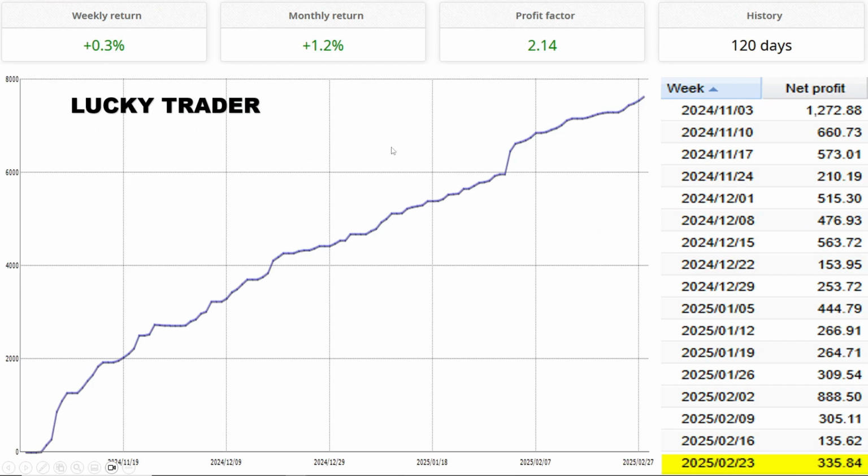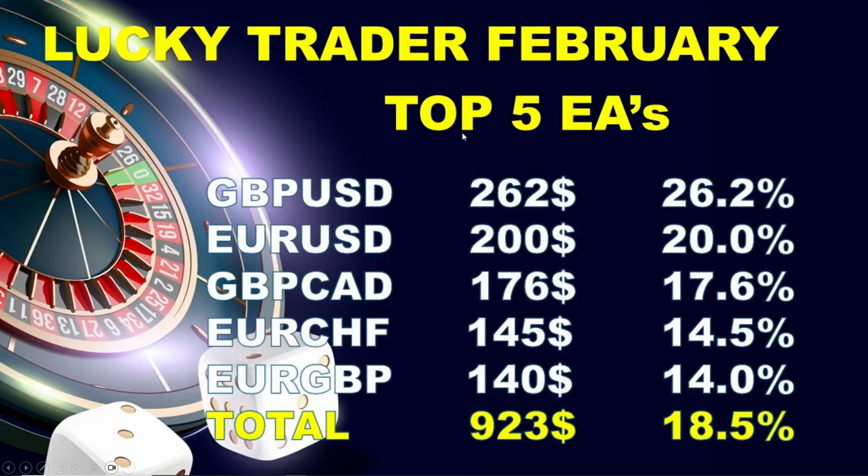Now, if we have a look at the entire week, then the portfolio didn't do too badly with 335. It's certainly better than, again, the disastrous week we had last week with 135, and 305 the previous week. And then we had the volatile week in here, which is obviously a high jumper. Apart from that, I think we are pretty much on the low side of average, is what I would call it. So let's have a look at February, because that one looks fairly good,